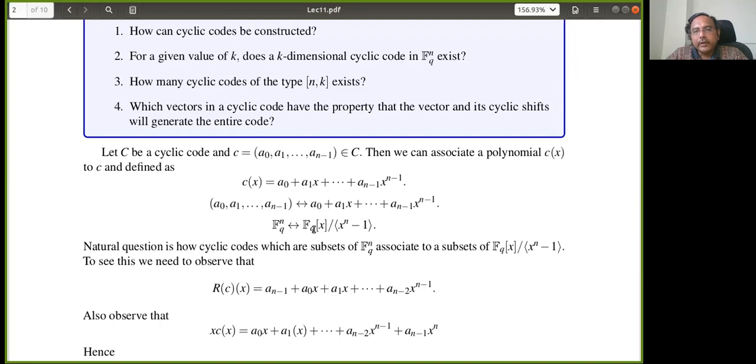Actually, Karnika, what I am asking is, what is F_q[x] first? Okay, sir. Yes, sir. I got it. What is F_q[x] first, Karnika? Sir, it is all the polynomials with coefficients from F_q.